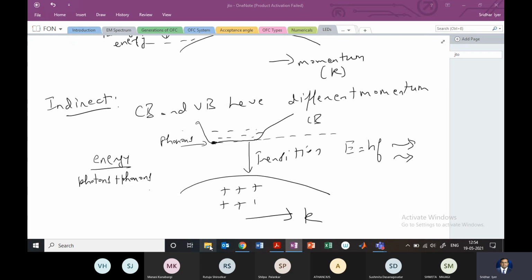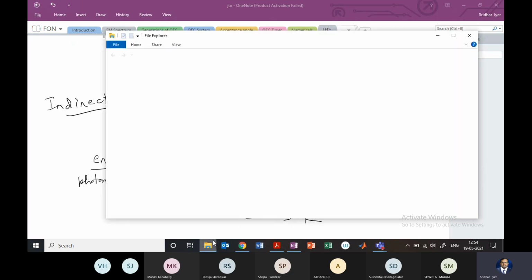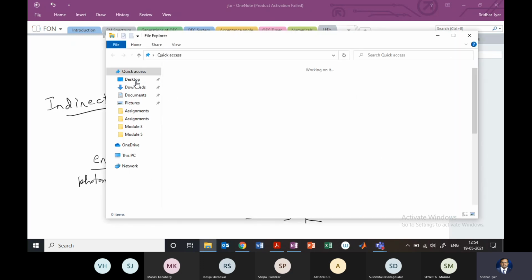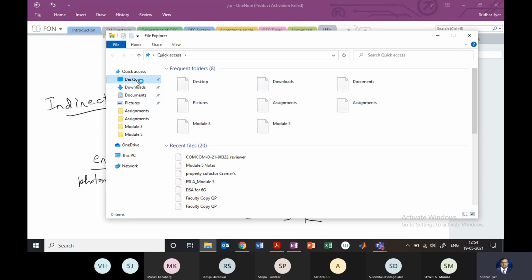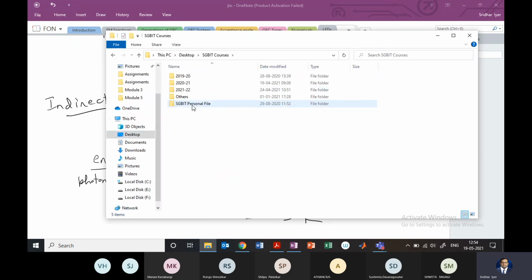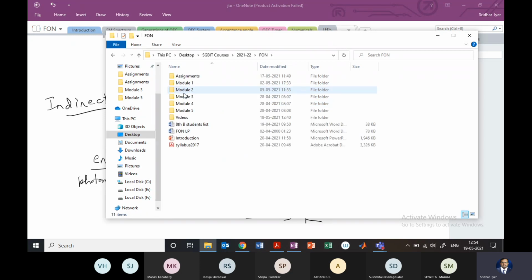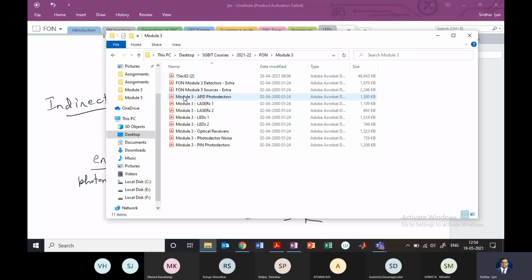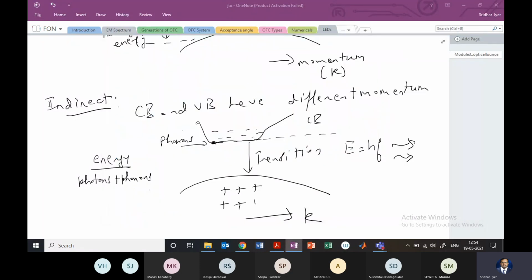Okay, so I hope you have understood the differences through which the LED and the lasers are going to operate. So we'll take LED and laser one by one, and we'll see how these will work. There is a lot of detail in each of those. However, we will restrict ourselves to the ones which are mentioned in your syllabus, right?